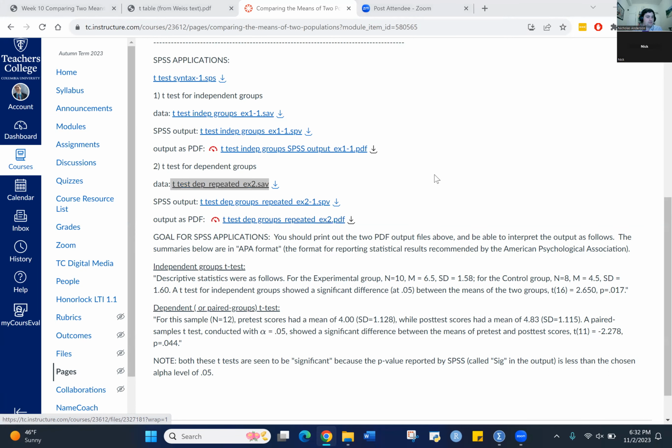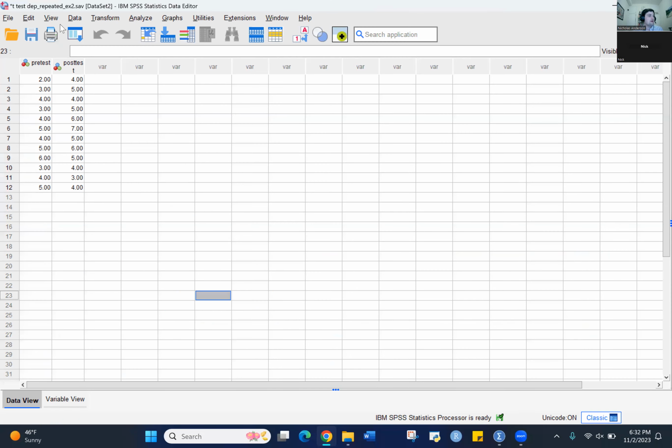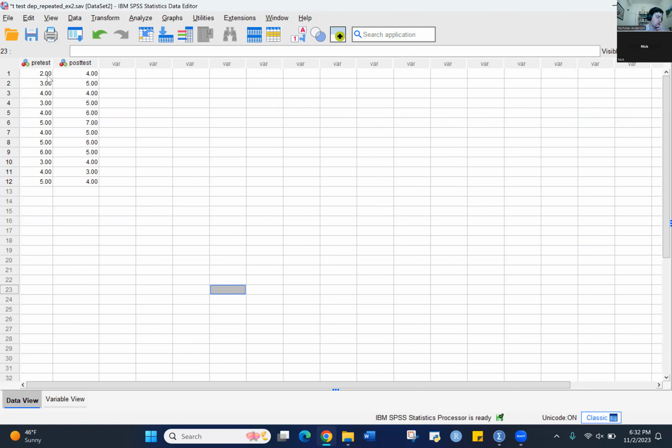So I'm going to come to SPSS. I'm on my t-test dependent repeated measures example 2. And here you can see I have 12 people. I have a pre and post test score. And if I want to conduct a